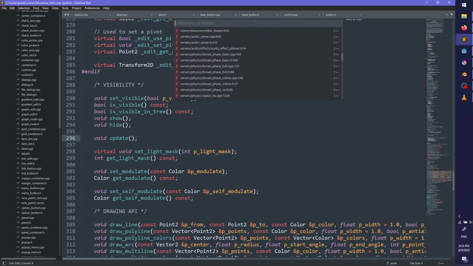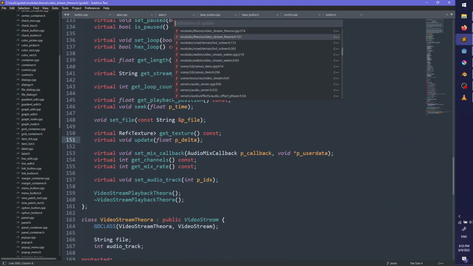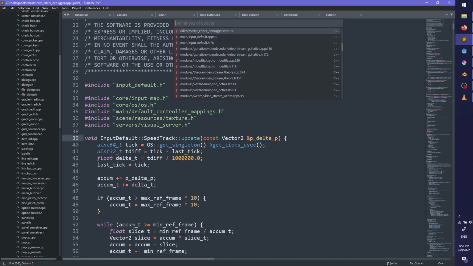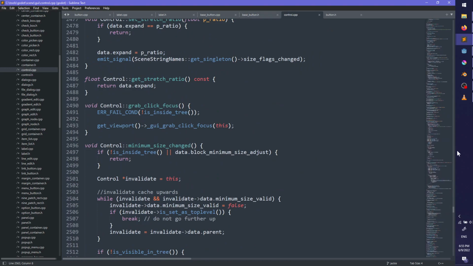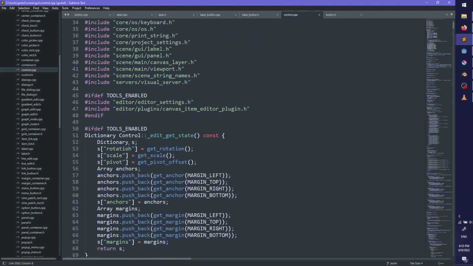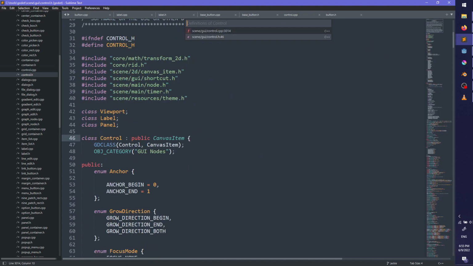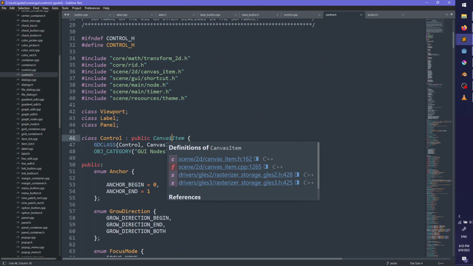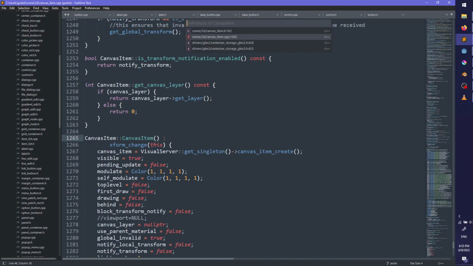Hmm. 2D canvas item, maybe? It doesn't seem like it would do anything. I guess it does, because, okay, canvas item.